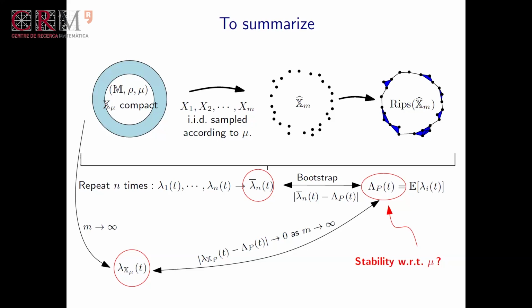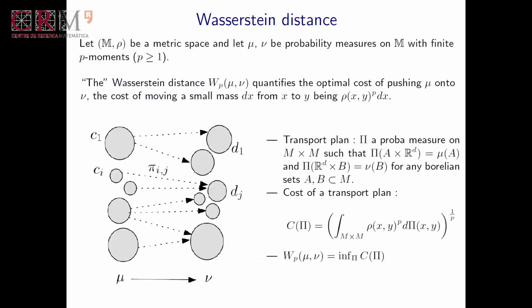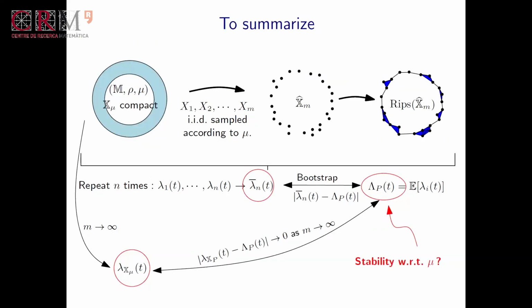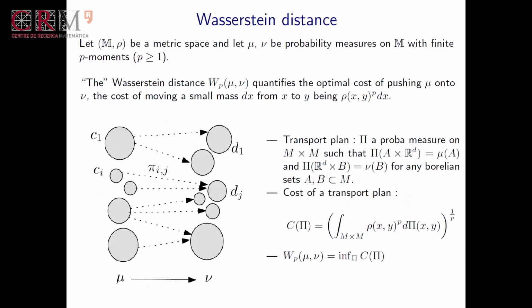So now we want to study the stability of this object with respect to perturbation of the sampling measure, right? And for that, I need to put a metric on the space of measures, because I need to say that when two measures are close to each other, these two things will be close to each other. And the natural candidate for the metric between these probability measures is what is called